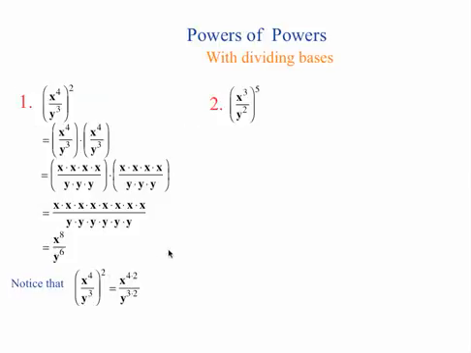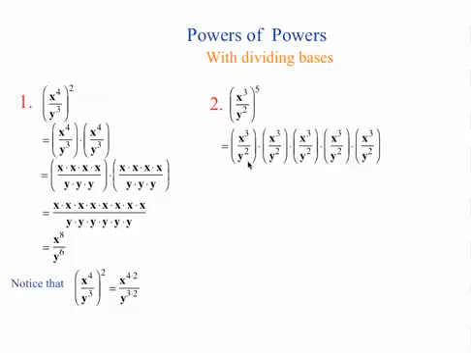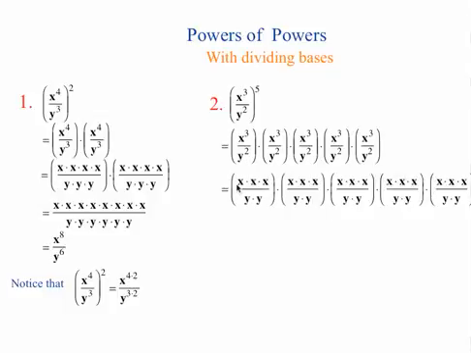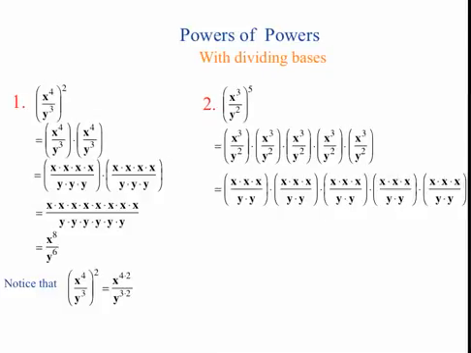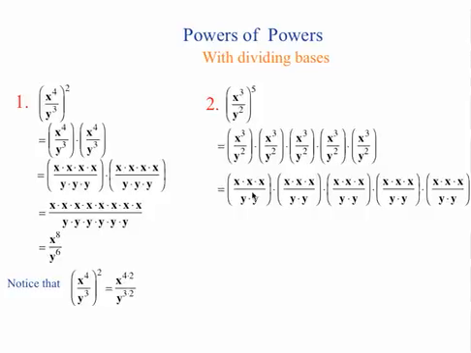Here's another example. x to the power of 3 divided by y to the power of 2, all to the power of 5. Which means x to the power of 3 divided by y to the power of 2 times itself 5 times over, which is x times x times x, x times x times x, divided by y times itself 5 times. So we end up with